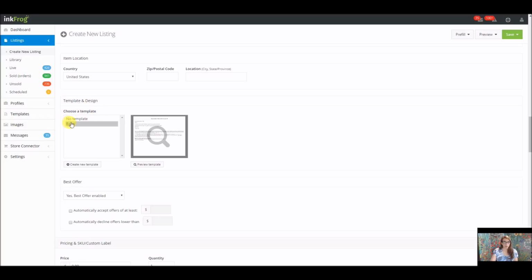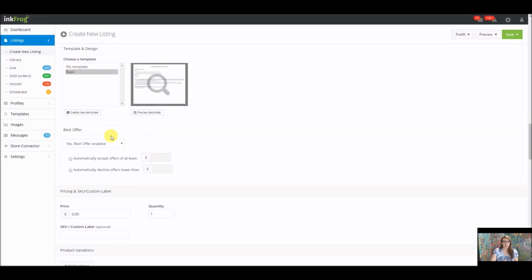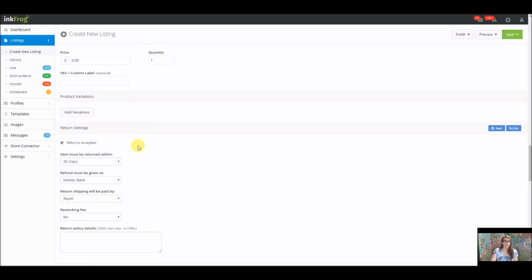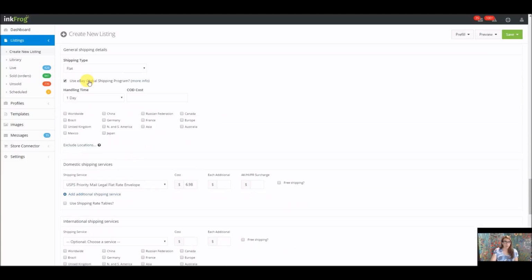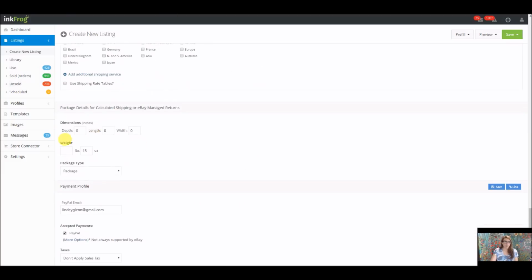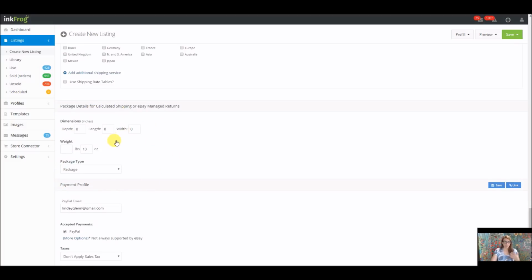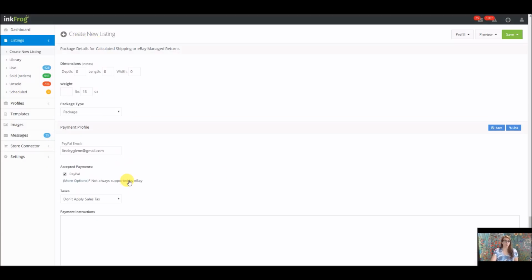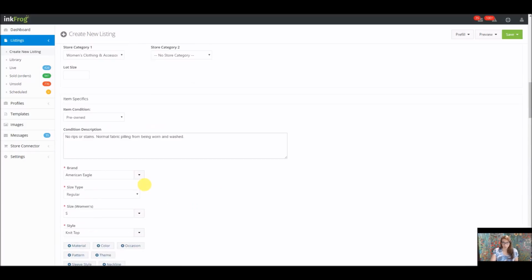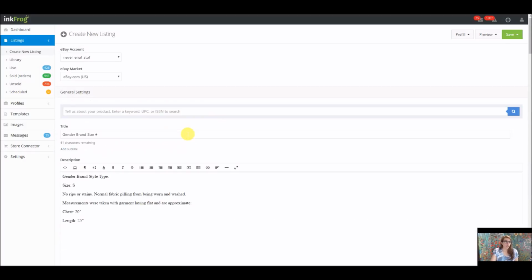It's going to automatically select the basic one that I have. It's going to automatically say, yes, I want best offer. It's going to automatically put in my return policy. My desired shipping is automatically going to be filled in, and my desired package dimensions or weight, whatnot, that's going to be in there. And then my PayPal information is automatically going to be in there. So when you come to do a new listing,